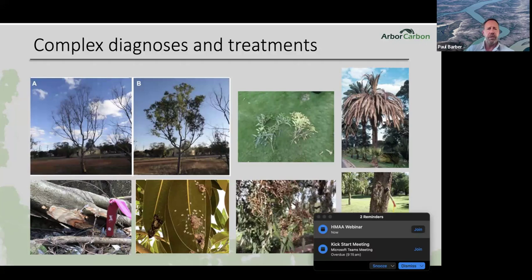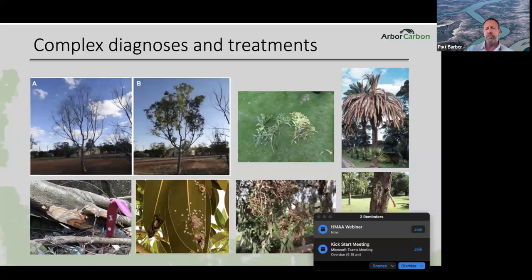Over the years, we've had a lot of work. So the early days of ArborCarbon were going in, diagnosing disorders, and these are just some of them that you see, different pathogens and pests associated with trees in various parts of the world, some of those in Perth, some of those in Hong Kong. Even the top left-hand side, herbicide-affected trees where herbicide had been sprayed along a railway line and completely defoliated and killed many trees. And we trialed a range of treatments to try and help those trees overcome, and you're seeing the before and after in one of those trees there.